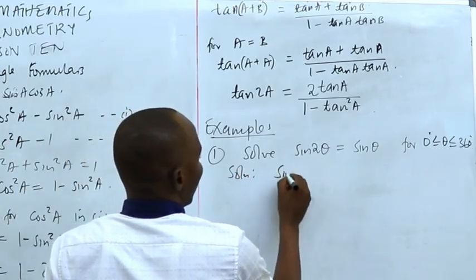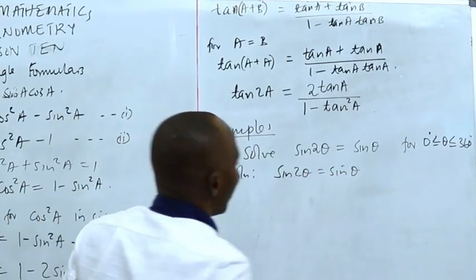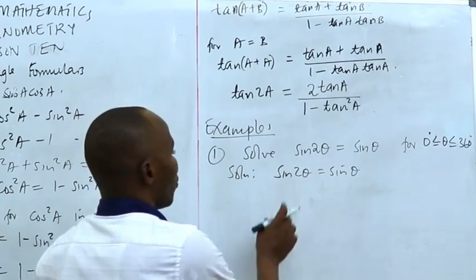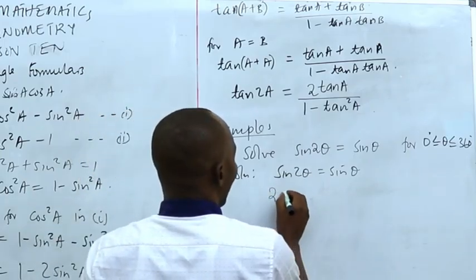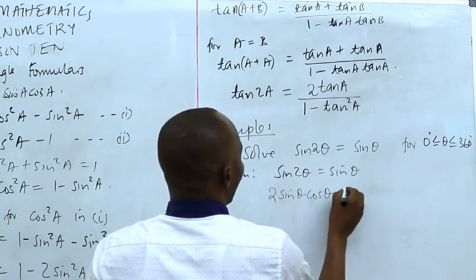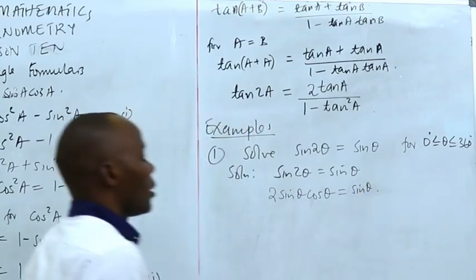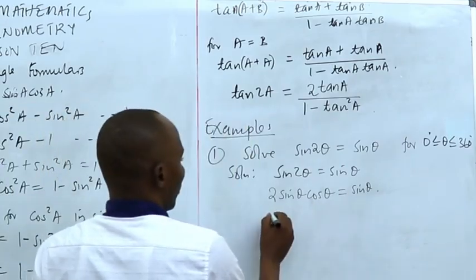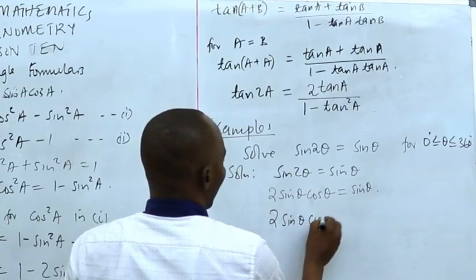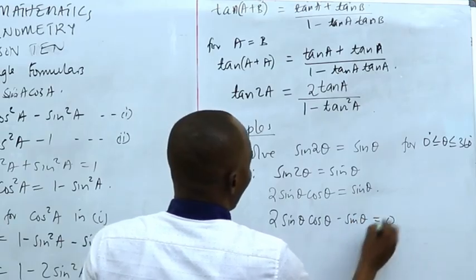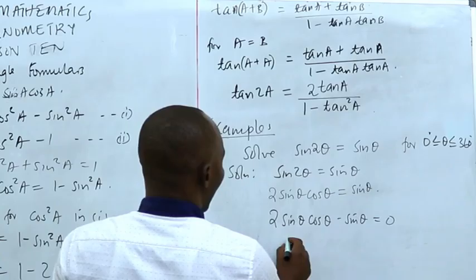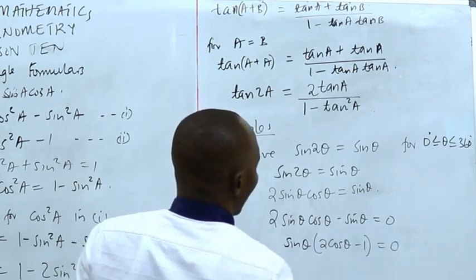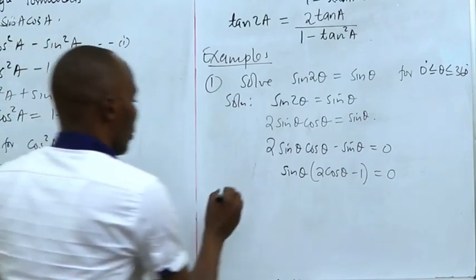We have sine 2 theta is equal to sine theta. 2 theta is a double angle, so I can have it as 2 sine theta cos theta is equal to sine theta. These two don't cancel out. You rewrite them as 2 sine theta cos theta minus sine theta is equal to 0. We have a common factor, sine theta, so sine theta times 2 cos theta minus 1 is equal to 0. So either